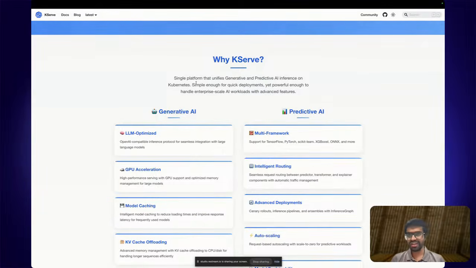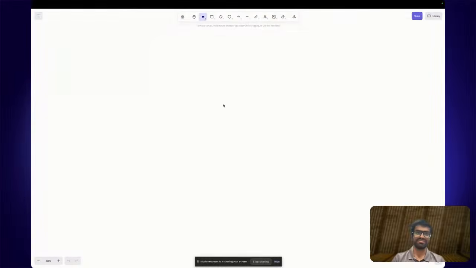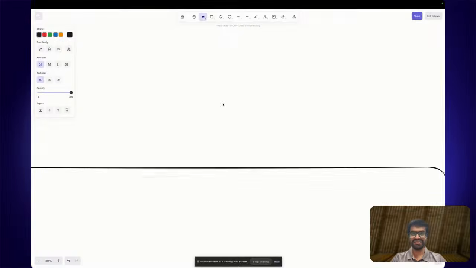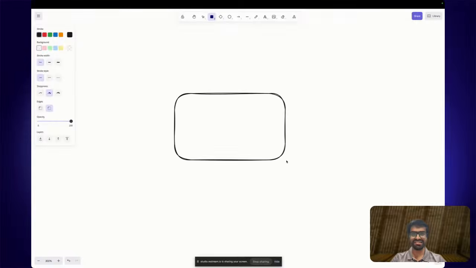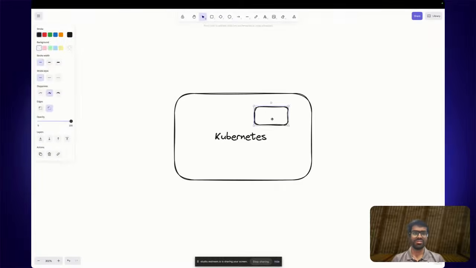Now, if you're not already aware, when we talk about the entire landscape, I'll just open up Excalidraw. If you think of Kubernetes as a platform, one of the things that is relatively interesting to know, and this has been there for a while, is, within the entire landscape of Kubernetes, when you talk about a pod within Kubernetes.